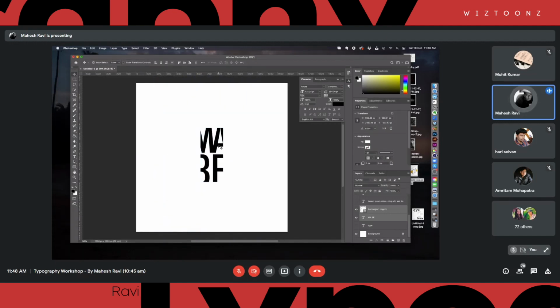So this is where we actually cut the typeface inside of the composition itself. It works, right? We are going to do that again, and the same maybe.